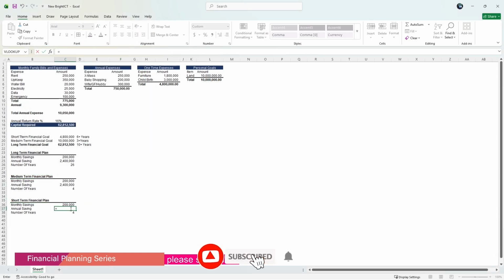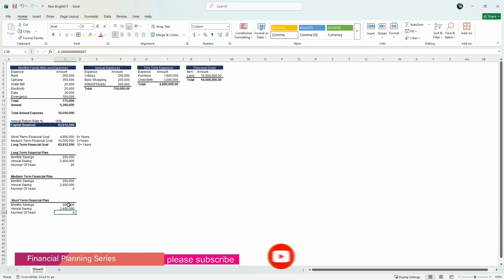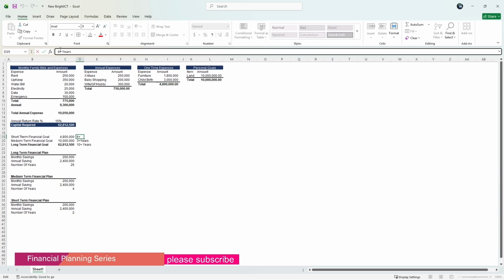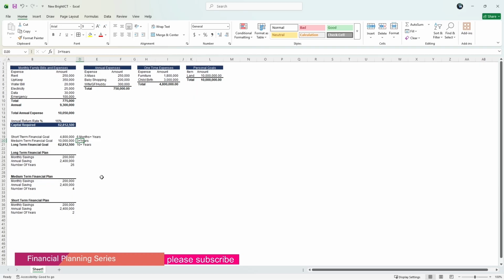So let us say we are doing the same 200, and in order to get this, we shall get our short-term goal divided by this. So it will take us 2 years to achieve this. Actually, it's supposed to be 6 months plus, not 6 years. 6 months plus. Okay,